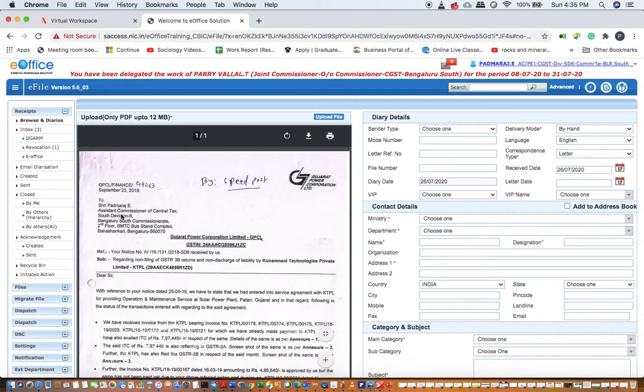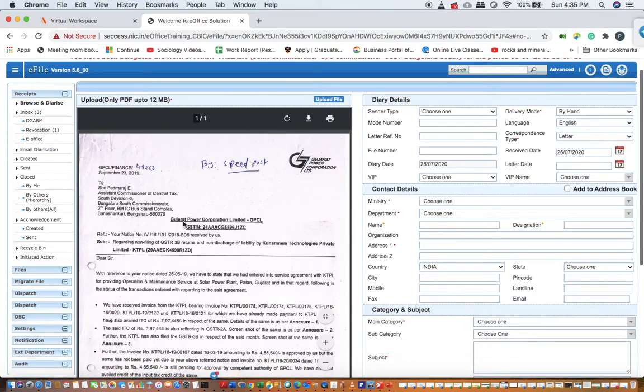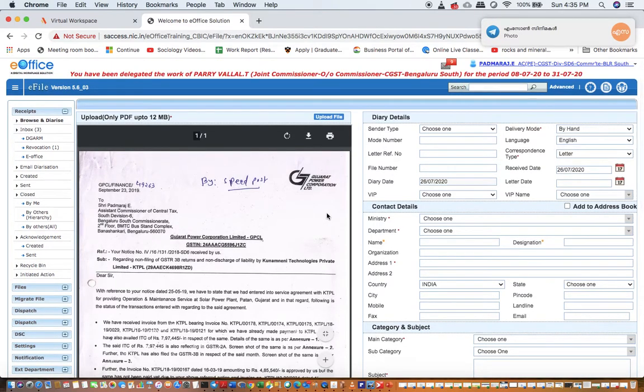I am the Tapal officer of South Division 6. So what I have to do, I have to first scan the letter and keep it in the CRU section desktop. Now I'll have to click on browse and diarise. Then I'll have to see to whom it is addressed. Then I'll have to generate a receipt and send it to the particular person.